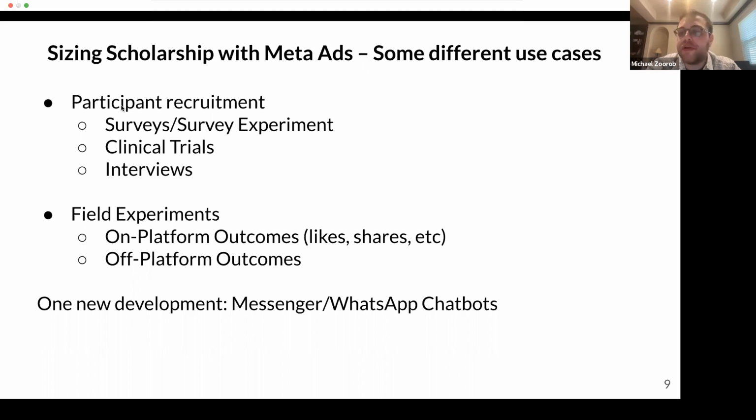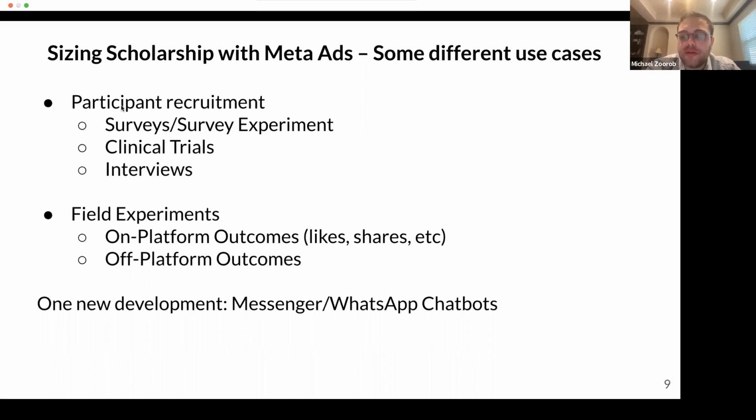And like I said, feel free to follow up by email if there's more you'd like to say about that. One final thing on this slide I'd like to mention is that recently we've seen a lot of researchers use chatbots to administer surveys, or in some cases even to administer survey experiments, which is pretty interesting. So here, what people do is they use Facebook ads that click to Messenger.